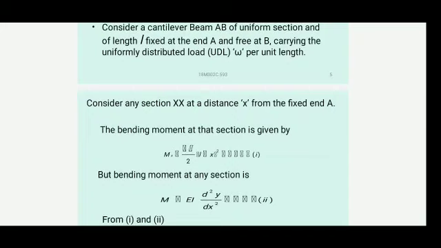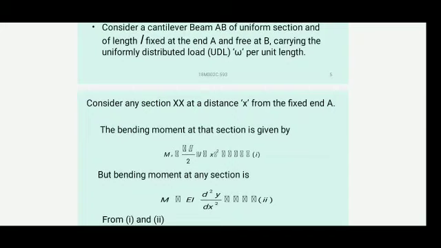But bending moment at any section is M is equal to EI d square y by dx square, that is equation number 2. From equation number 1 and 2,